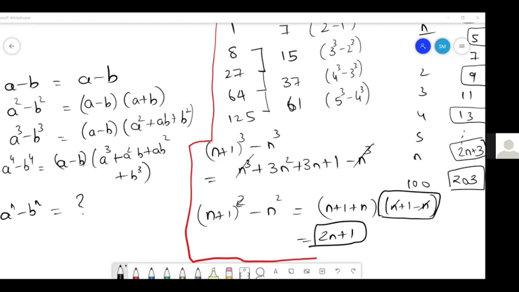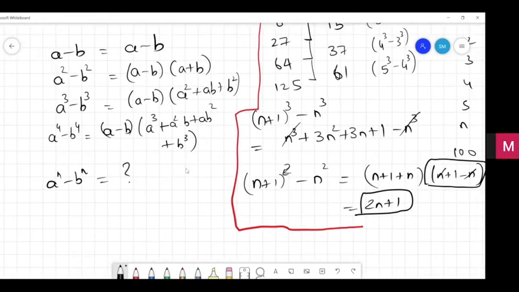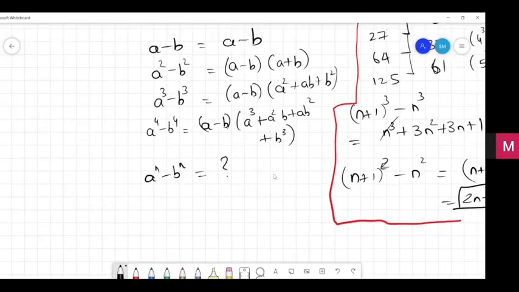See, everywhere the sum of the powers, you see, it is a cube, so 3, a square b again 3, ab square 3, and b cube is 3. Wow, excellent. And if you compare it in a cube minus b cube, you have 2 power. You see in the second bracket, a square is 2, ab means 1 plus 1, 2. But when you expand it, it's not getting cancelled actually. So maybe that's the reason, because we want a minus sign somewhere. No, even if you have a minus sign, it will get cancelled only for the like terms. So it's not.